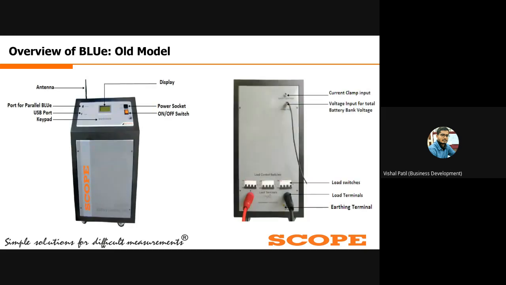So this is the back side and front side, in which we are supplying the antenna for wireless communication. And at the back side, the connections of this load bank are very simple. The positive load terminal will be connected to the positive terminal of the battery bank, and the negative terminal will be connected to the negative terminal of the battery bank. So in this way, you simply have to connect this load bank to any battery bank, turn on the MCBs, and configure the different parameters in the